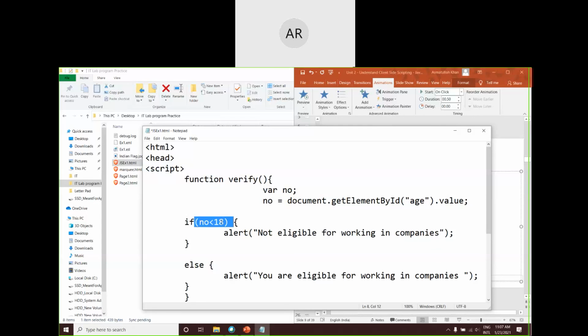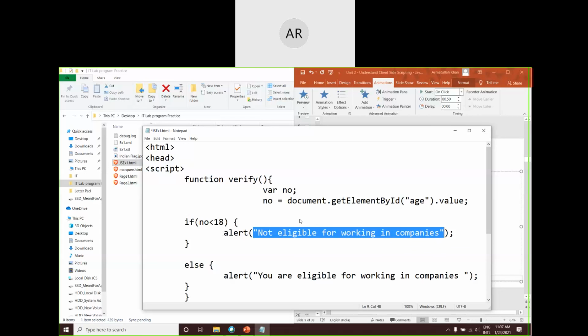Now, once we have the value entered in the text box, just compare that particular value, whether it is less than 18 or not. If it is less than 18, I'm making use of one more predefined function called alert, which will create an alert box for me. And whatever message is to be passed in the alert box, write that message as a string.